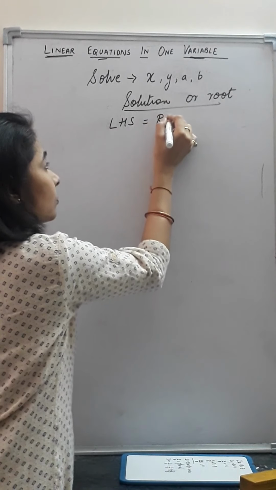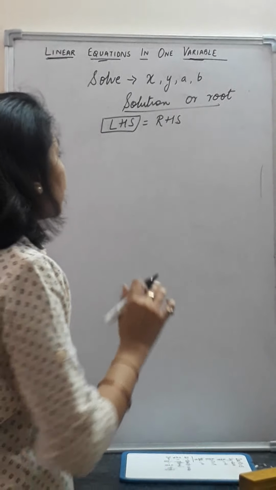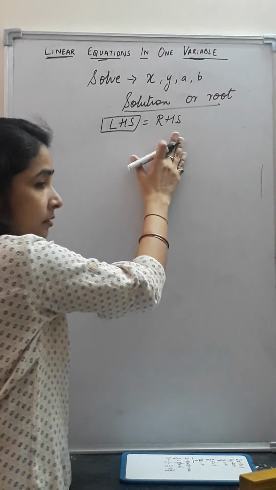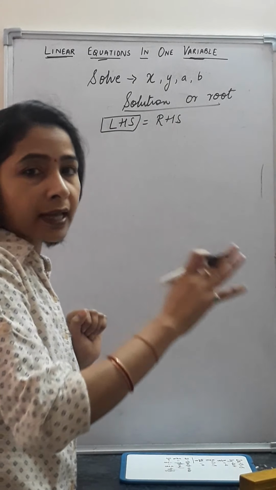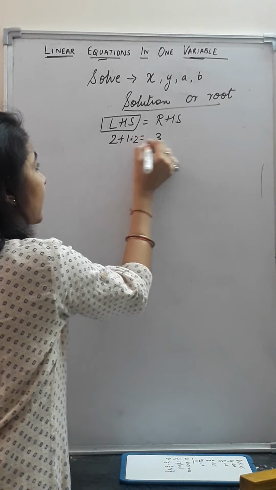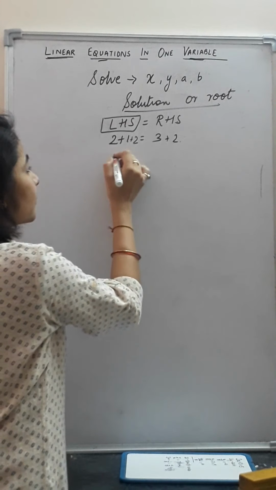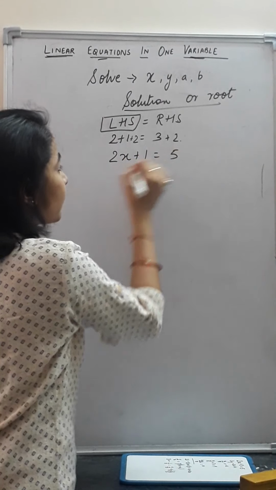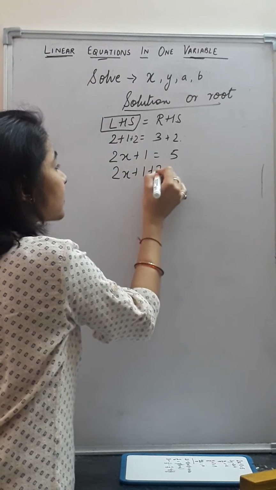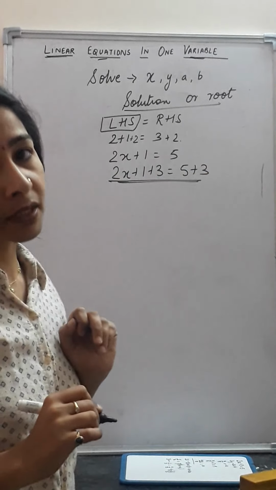Now, in an equation, there is LHS equal to RHS. Whatever term, whatever number we add to the LHS and RHS, it leaves the equation as it is. It does not change it. For example, I give you a simple example: 2 plus 1 is equal to 3. If I add 2 again on both the sides, then the equation will remain the same. In the same way, whatever equation is given to us, 2x plus 1 is equal to 5, if I add 3 to both sides, 2x plus 1 plus 3 is equal to 5 plus 3, then again the equation will remain unchanged.